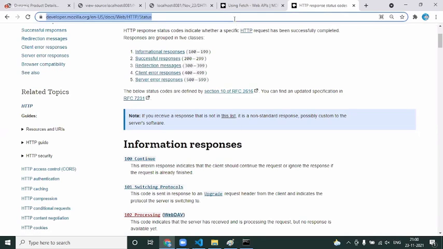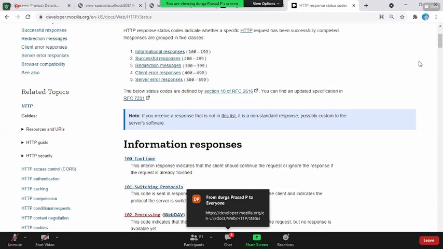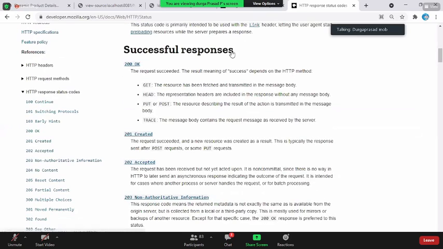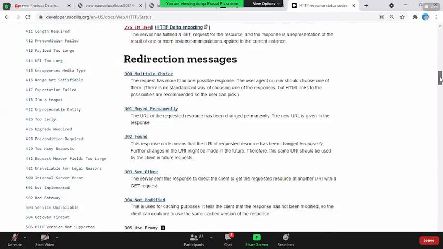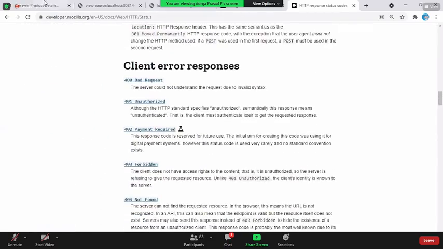Okay, so everyone, if you get a chance, just have a look through. You don't need to go through each and every status code, but at least know the ranges 100 to 199, 200 to 299, something like this. For example, 200 is a successful message. Like this, 500 is an error from the server side. So like this, the status code you receive from the server, that also we can handle.